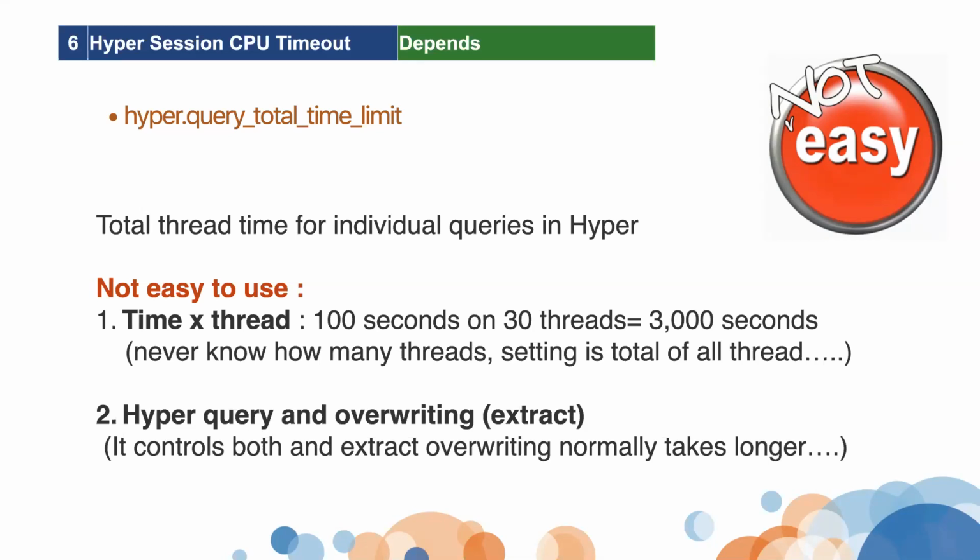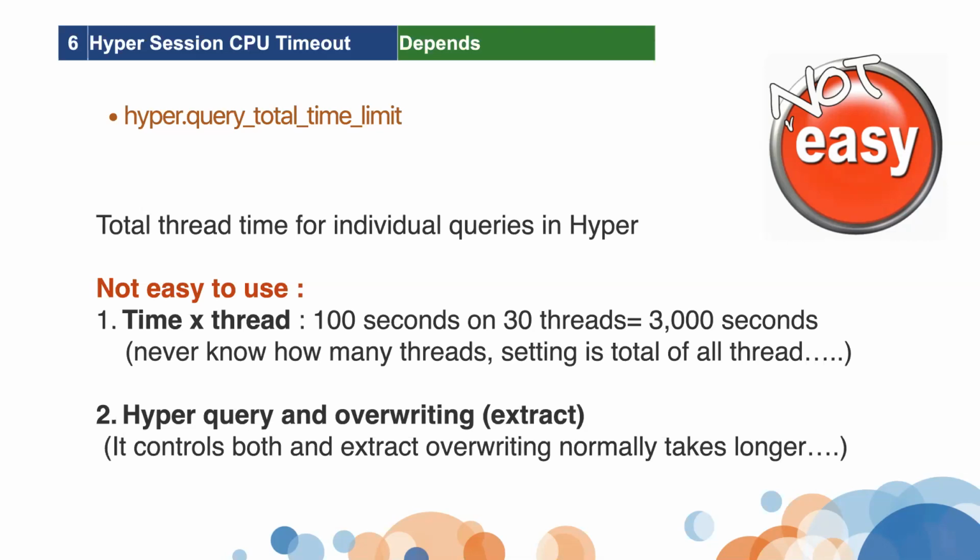For example, if there are 30 threads, each takes 100 seconds, then the total time for this setting is 3,000 seconds. It's very hard to do. Okay, the second one is